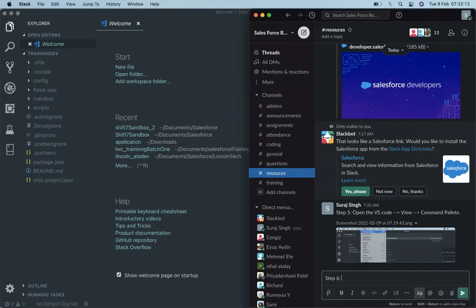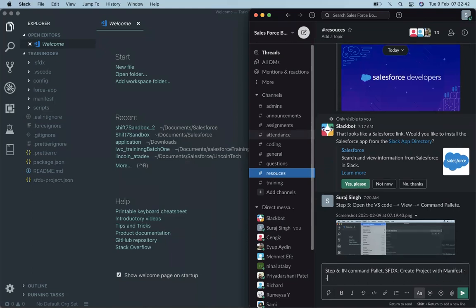In that, what you have to do is, in the command palette, type SFDX create project with manifest. Then standard.